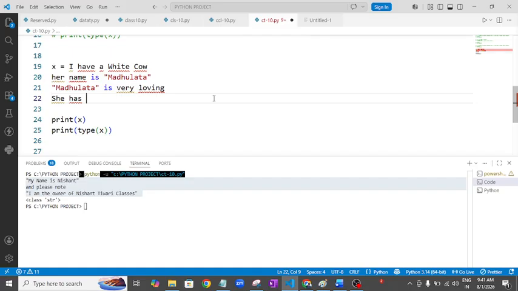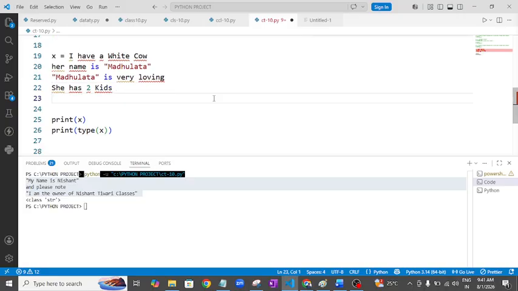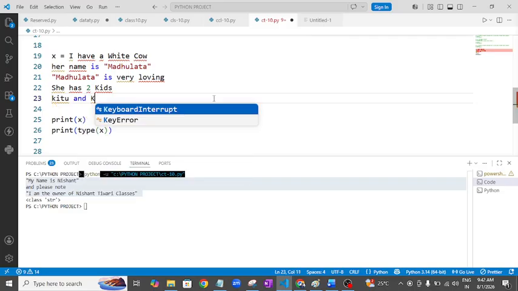She has two kids. If I write two kids, what are their names? Anything. What can I say? Kittu and Kutti. Okay, Kutti, nothing but two kids.